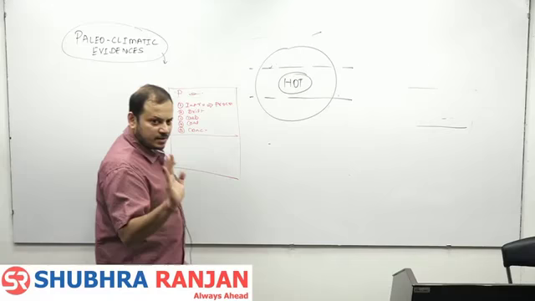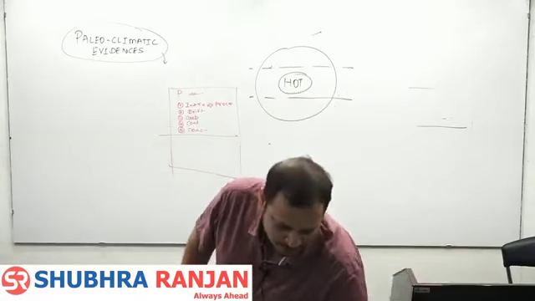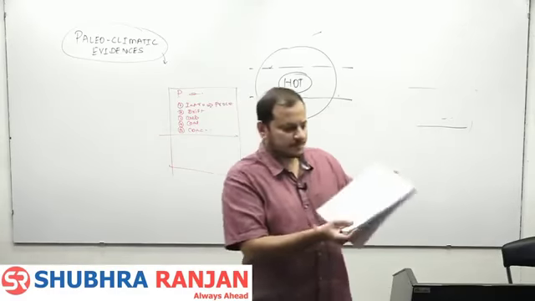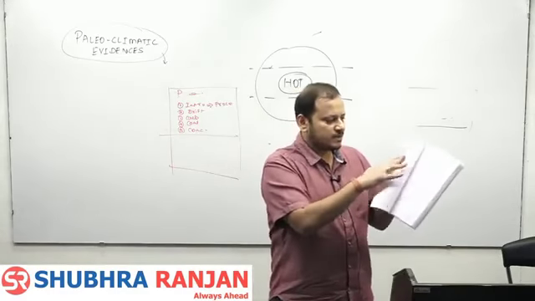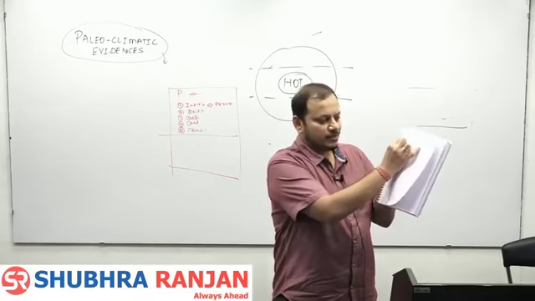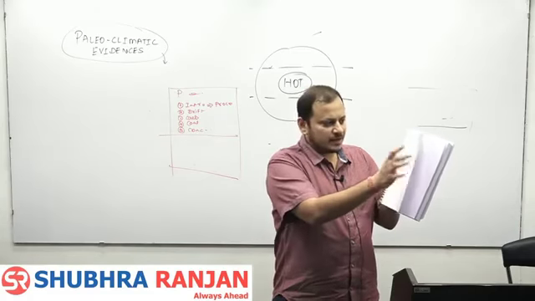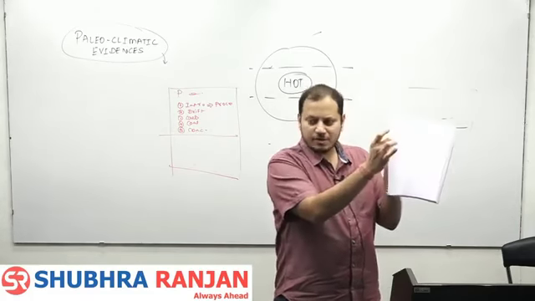You should have such things ready. And how you should make them ready? Give me a blank page. You should take one page, fold it into 2 parts, right? And you should write the points here. Next point here, next point here. So your entire continental drift theory should be on one page.